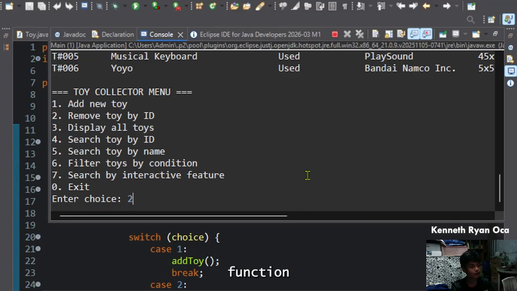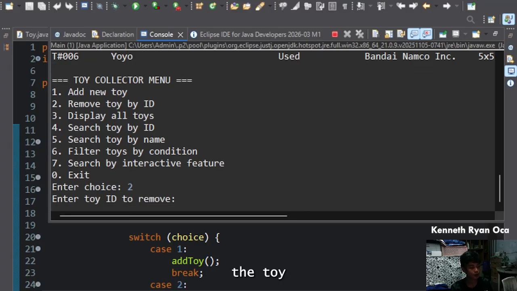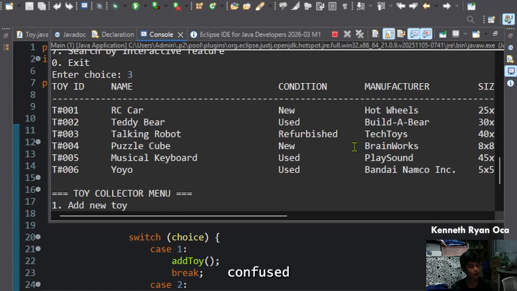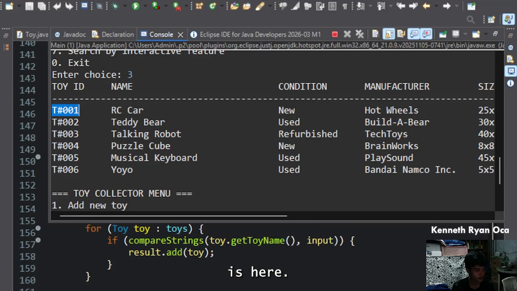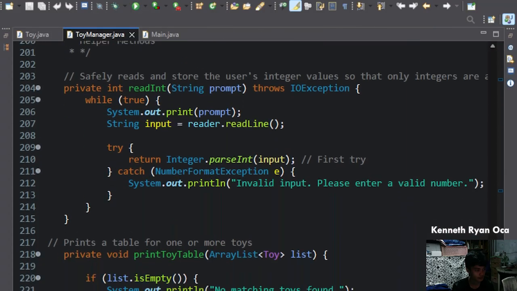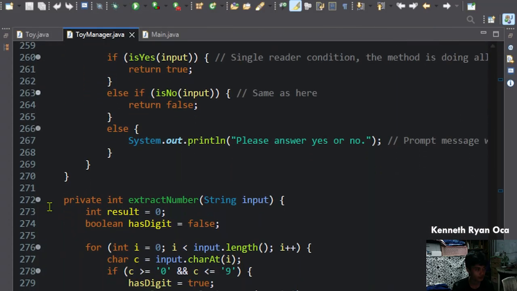Next function, we have to remove the toy by ID. For this, we're going to enter a specific number, a digit. Maybe you will be confused since you will see that our toy ID is obviously a string. So how did we do that? Extract by ID is here. This is where our method extract number is.